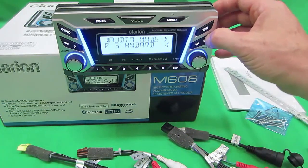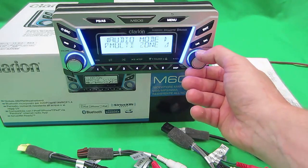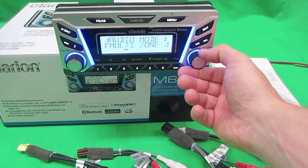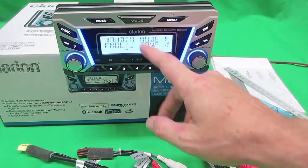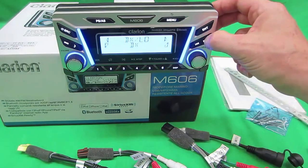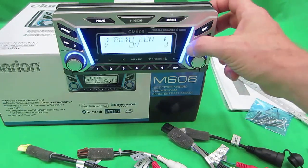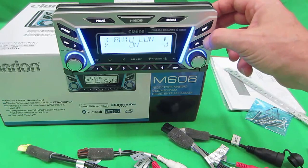Now here's your audio mode. You got your standard, multi-zone, so you can adjust that. I'm not going to get too much into there, but you can control multi-zone's audio volume controls from this one unit. There's your DX low settings, your selection for audio control,